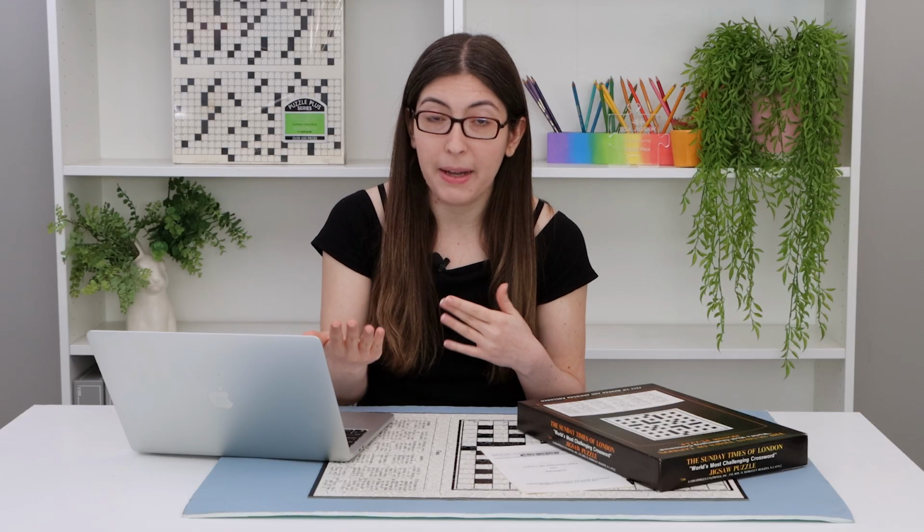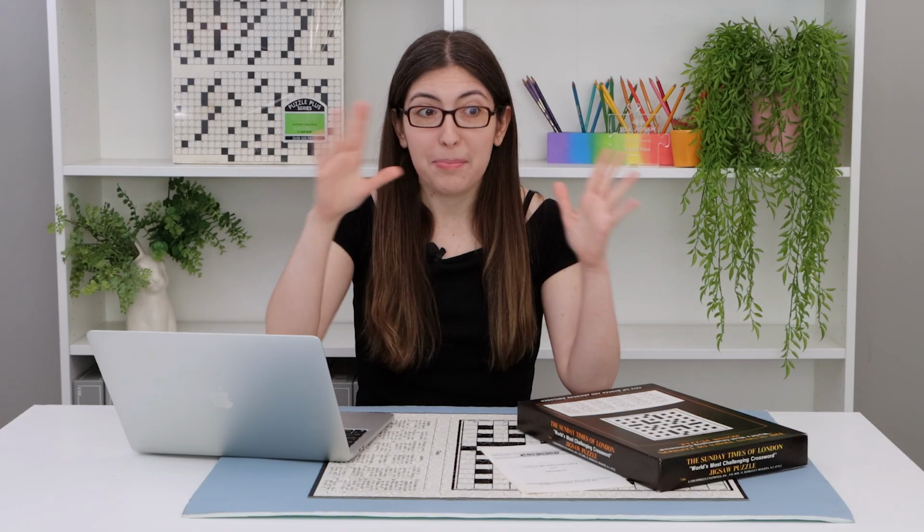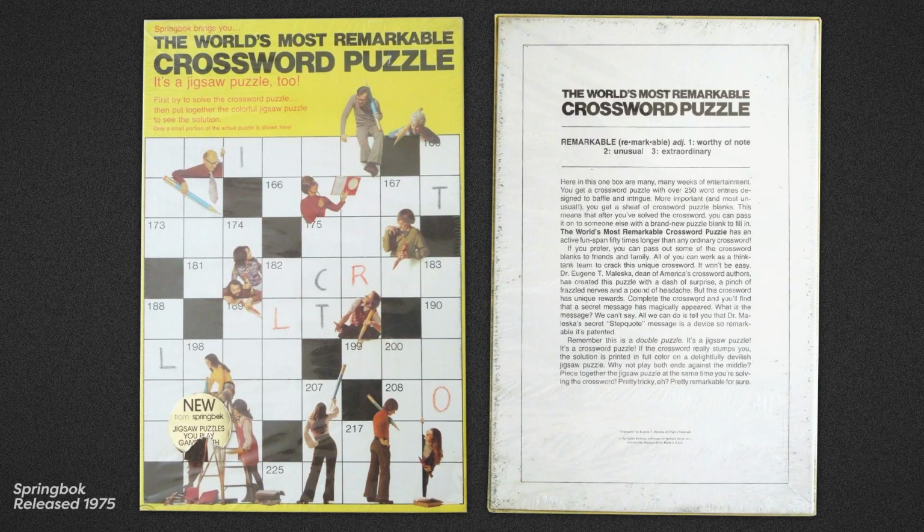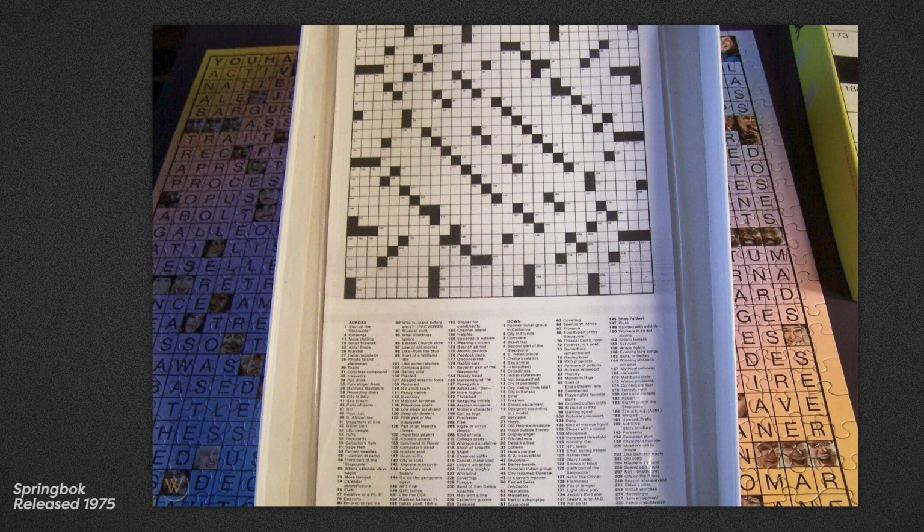So then, as we all know, Hallmark ended up going on to release Springbok puzzles during their most highly collectible years. I really like this one, the world's most remarkable crossword puzzle. It came with 10 copies of the crossword on paper so that you could share them with all of your